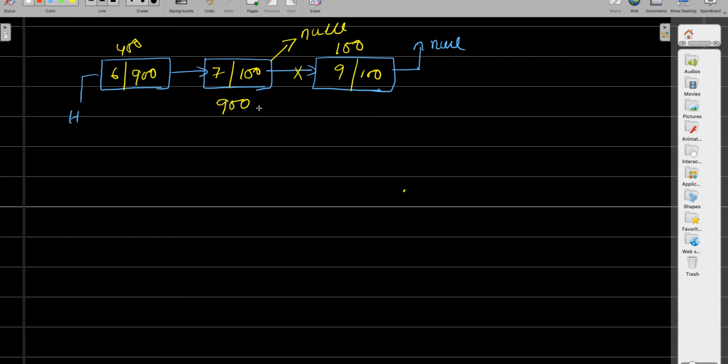So we need to have one variable which will always store the node previous to the last node, right? So basically, when we iterate over the linked list, first we need to go till the node which is pointing to null. That's where we'll come to know that we reached the end of the linked list, right?